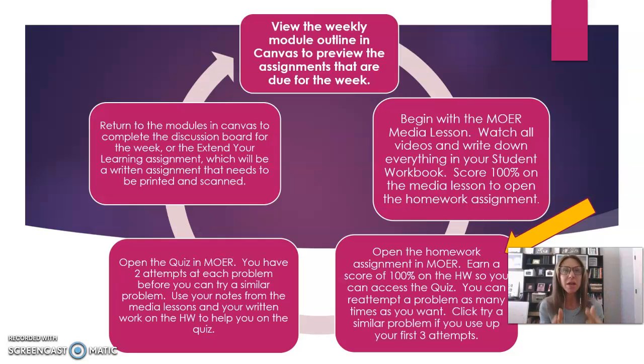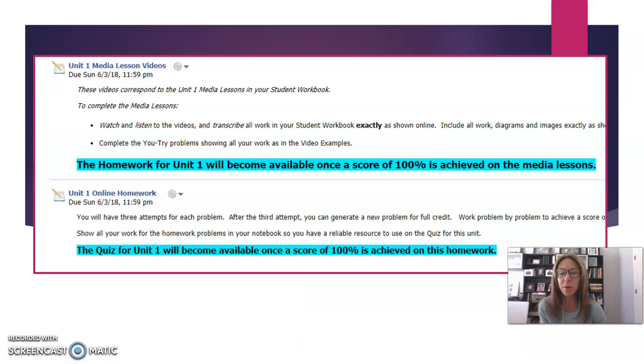So everybody has the opportunity to get 100% on the assignment. You will never be locked out or closed out of a question if you get the wrong answer. You always have the opportunity to grow from any mistake you made and fix your answer. So everybody can always get 100%. Once you get 100% on the homework assignment, then you're ready to open up the quiz.